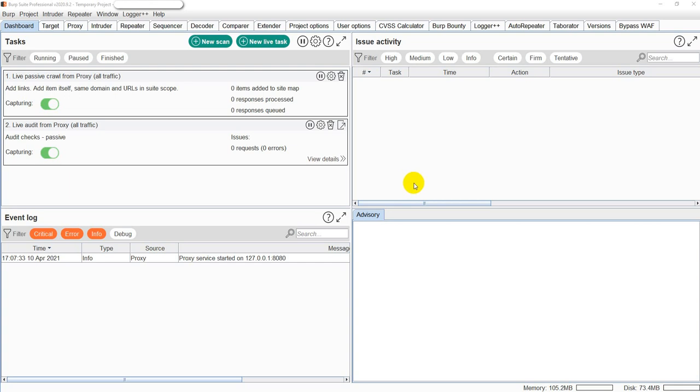In this particular video, I'm going to talk about Burp Suite Professional. As you can see, this is Burp Suite Professional 2020, and I'm using pretty much the latest version. This video will be not only about exploring different features of Burp Suite Pro, but also about some tips and tricks that usually nobody talks about on the internet.